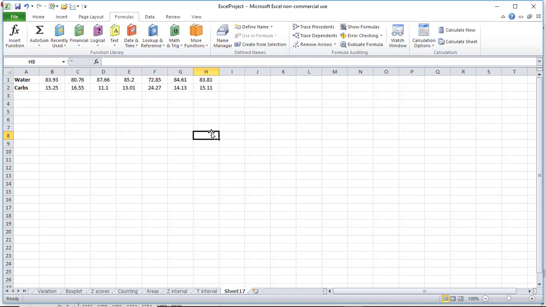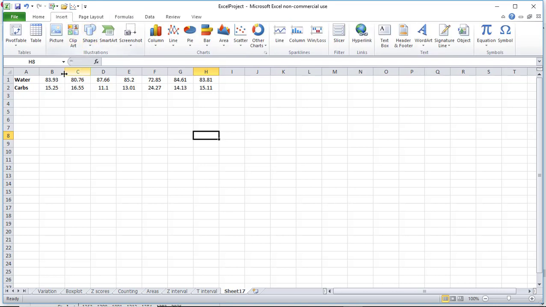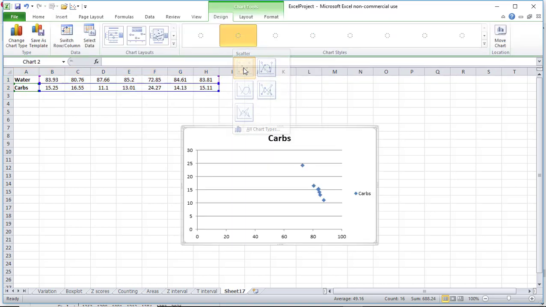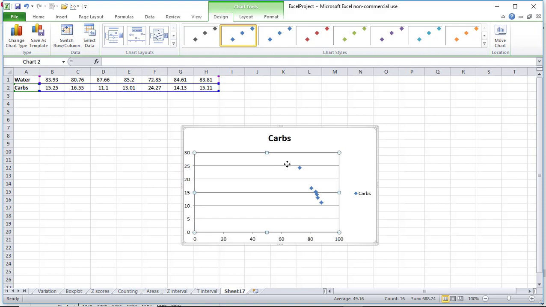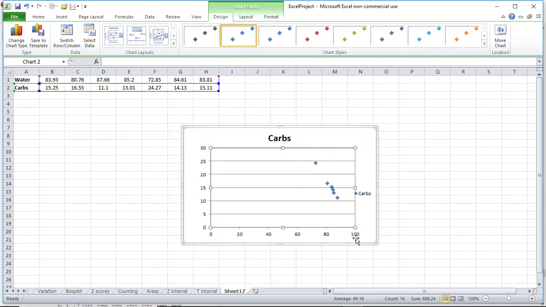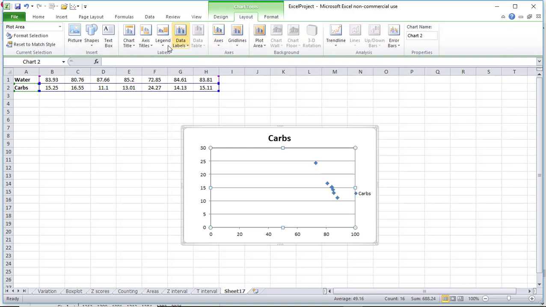And I want, first of all, to create a scatter plot between these two variables and see, is there any kind of linear relationship that exists. So I want to insert a chart. I guess let's highlight the data first of all. Once we've got the data highlighted, just select scatter plot, and there is a scatter plot of the data between carbs and water. Now I need to include some axis titles, so I want a primary horizontal axis title below the axis, and this will be water